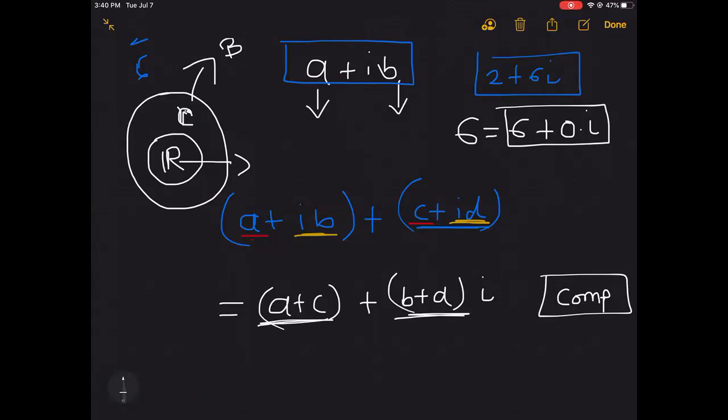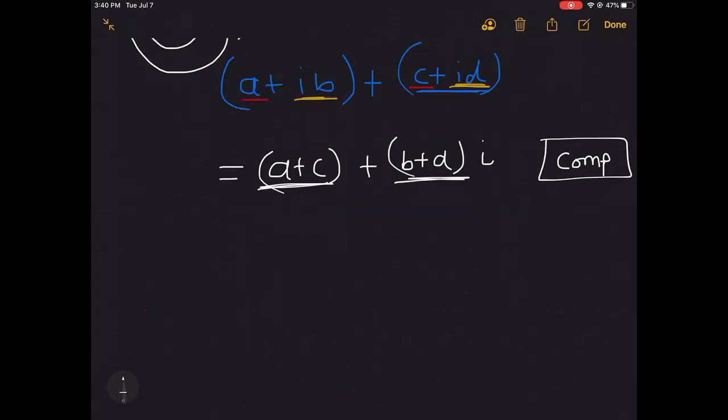Okay, so that's the idea. You can always express a real number as a complex number, but not the other way. It may not work in the other direction. All right, so if I show one example of adding,